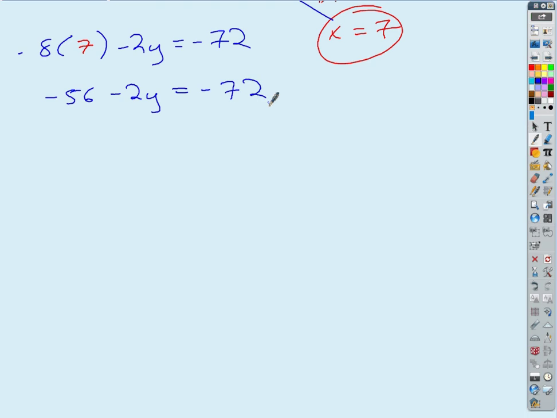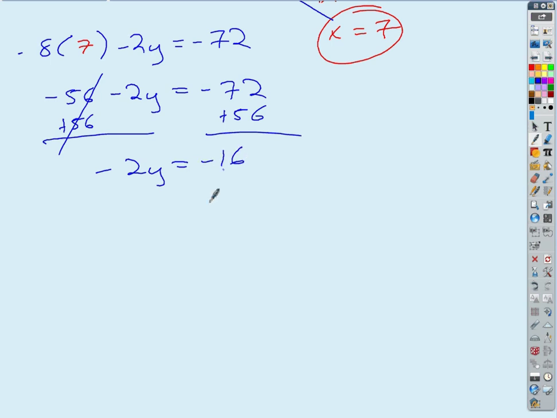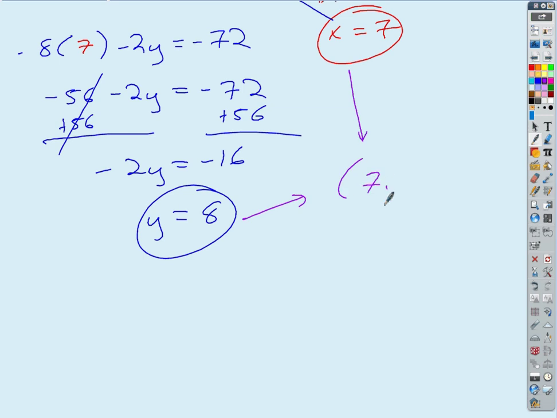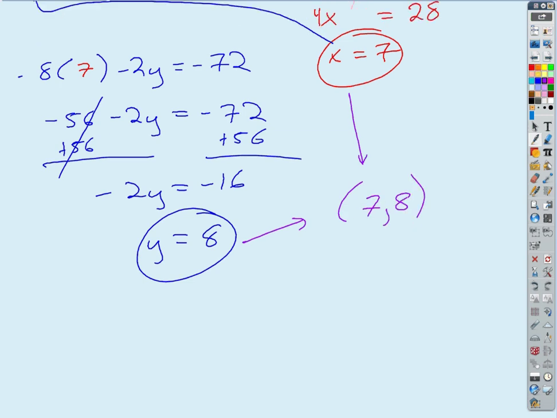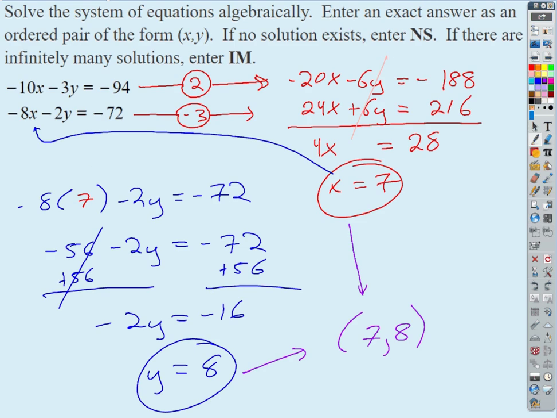Last two steps to solve for y. Add 56. So negative 2y equals negative 16. So what's y? 8. Okay, and we end up with the ordered pair 7, 8. Now on a test I should check that. What would I do? Plug it back into both equations and see if it works, right? Okay, so then